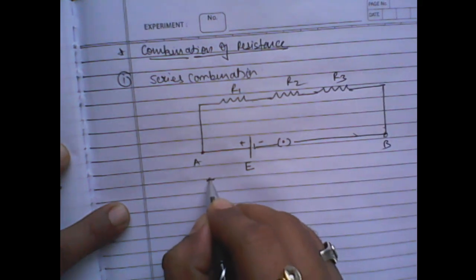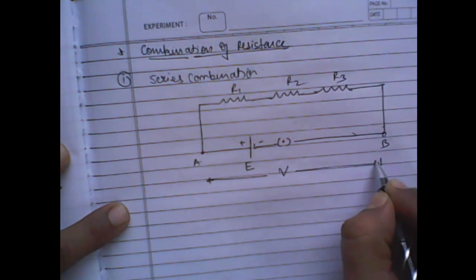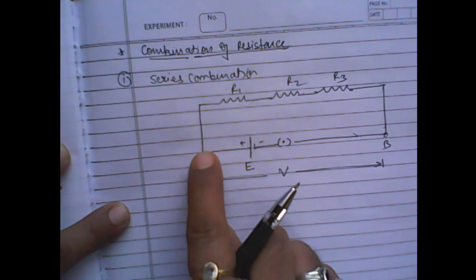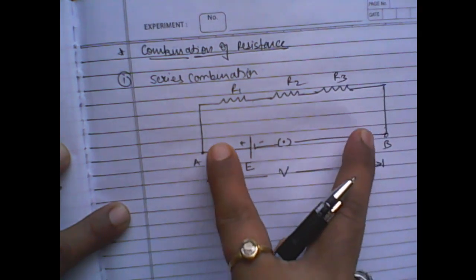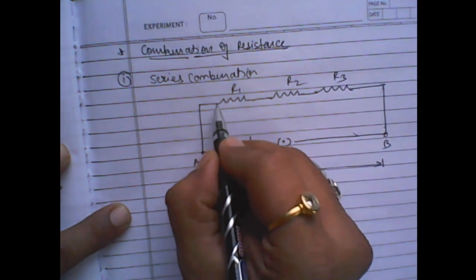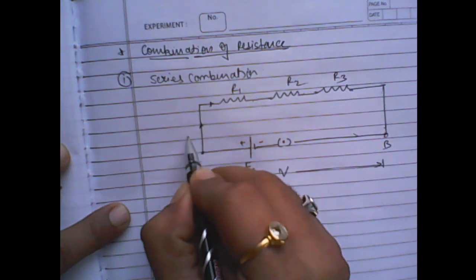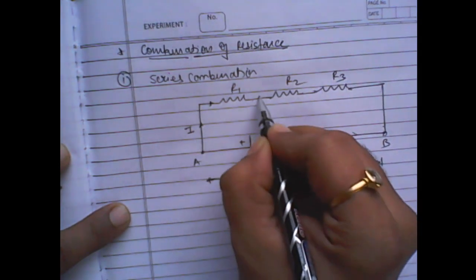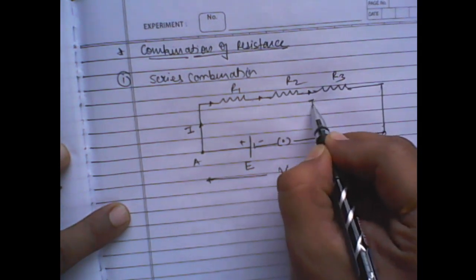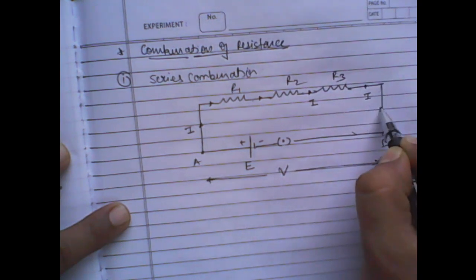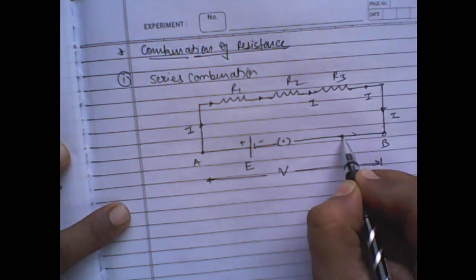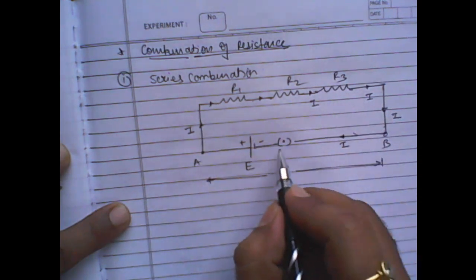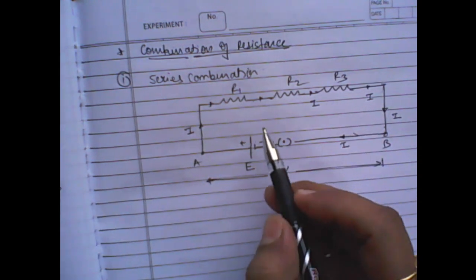The potential difference across AB is say V volts. The potential across AB is V volts, right? So V volt is applied to all, but the energy which is required to make a current I flow. So current I is going to flow through all the resistors, right? So in series the current is same. Same amount of current is to be allowed to pass through all.